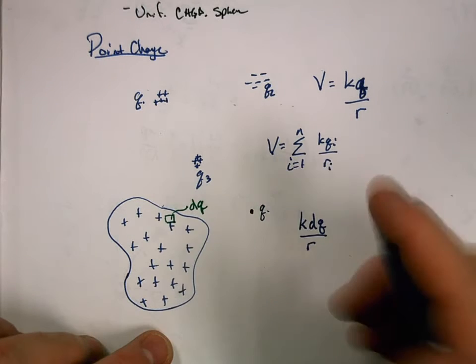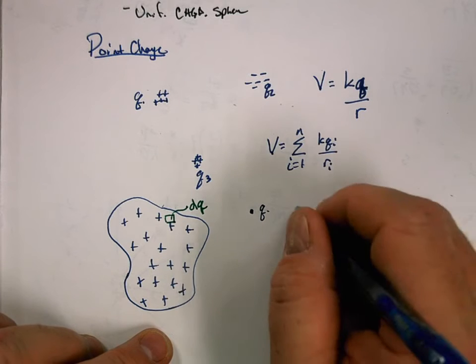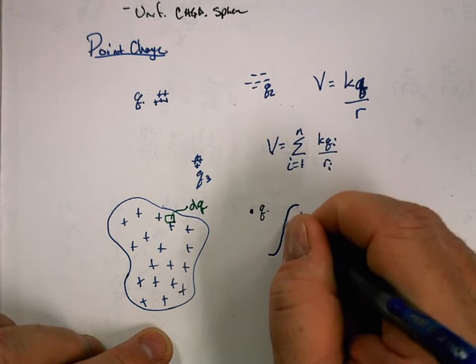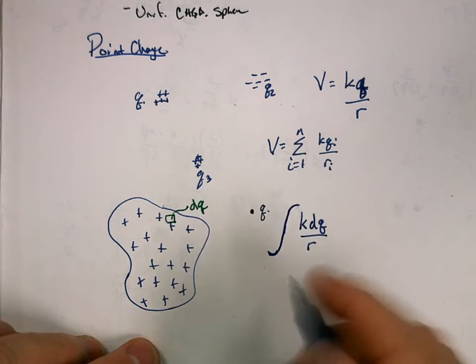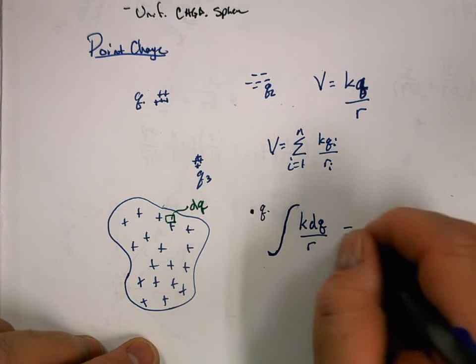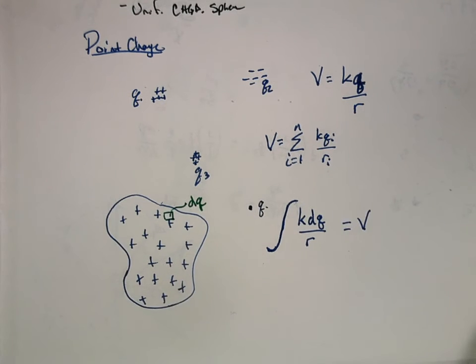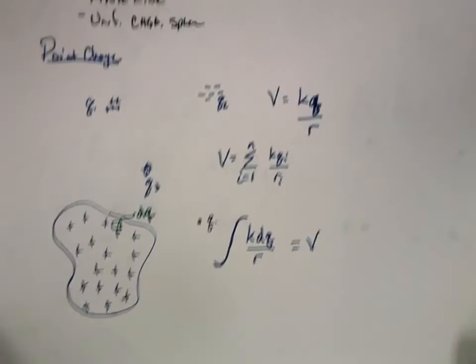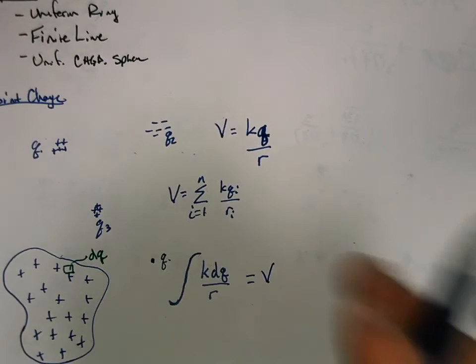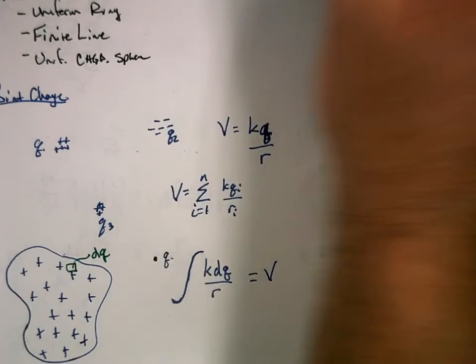And so if we add all of them up, the way we add all of them up is by integrating for all of our dQ, and that's going to be our potential for this particular charge distribution. All right. So we're going to practice some other ones, where we have this continuous charge distribution. The first one we're going to do is we're going to be given